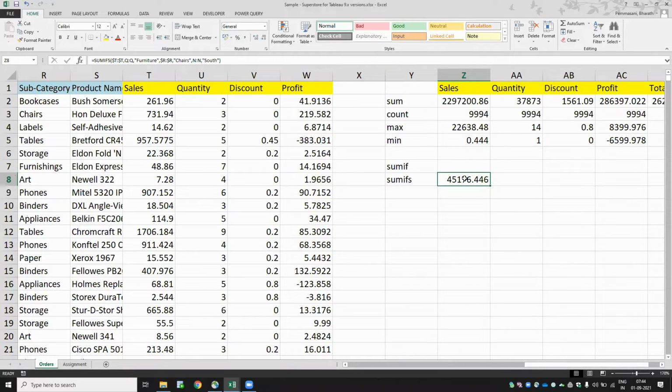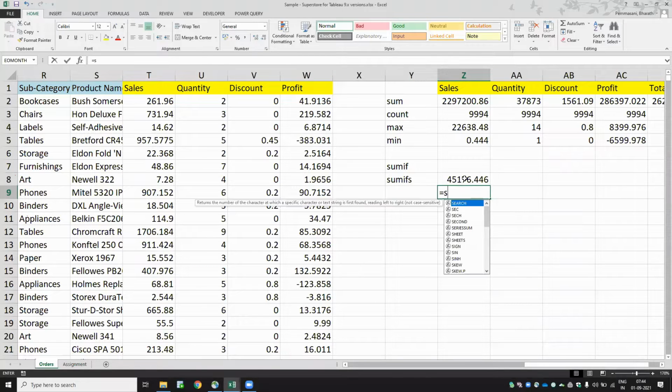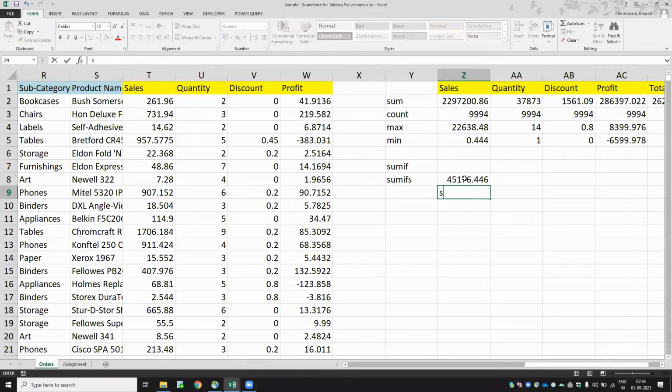Shall we go with the syntax first? Equal to sumifs. Sorry, directly we'll write as sumifs. Sumifs first, sum range, whichever we want to do the sum, we have to select that sum range. Range means a group of cells. So we are selecting the entire range. Sum range, comma, what is criteria range?